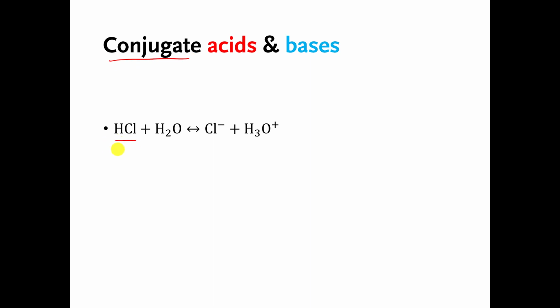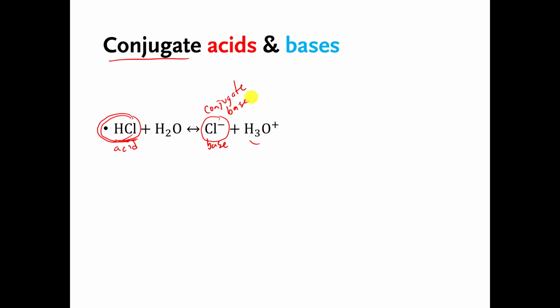So here's another example. This is an acid, in this case hydrochloric acid. It starts with 1 H, ends up with 0 H's, so this one must be donating. In this case, the water is the base. It's receiving H+. It starts with 2, ends up with 3. But there's a special name for these pairs of things. This HCl is paired up with the Cl-, and this is the base. And these are called conjugates. So this is the acid. This is its conjugate